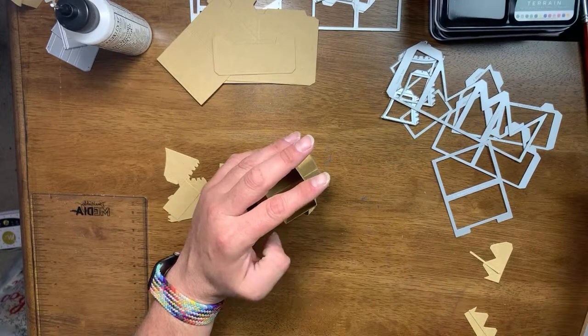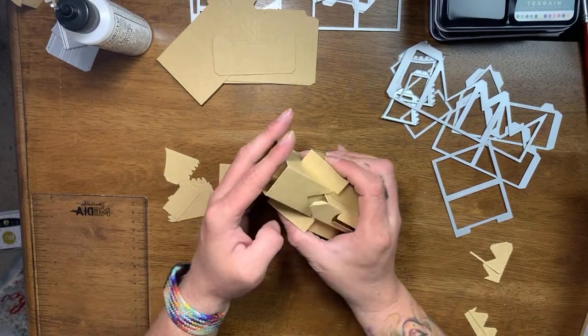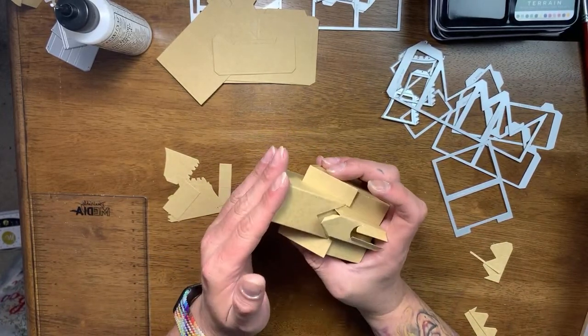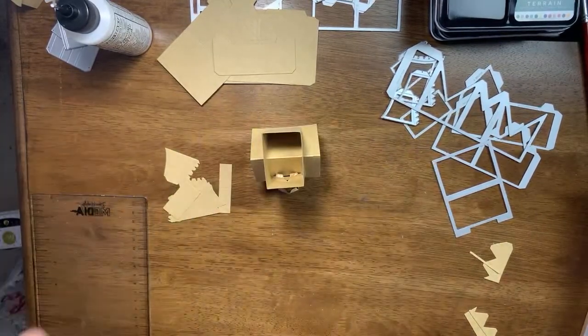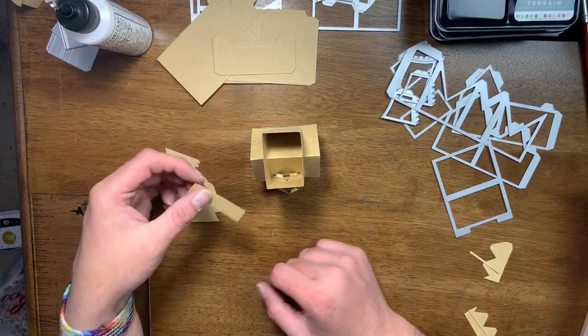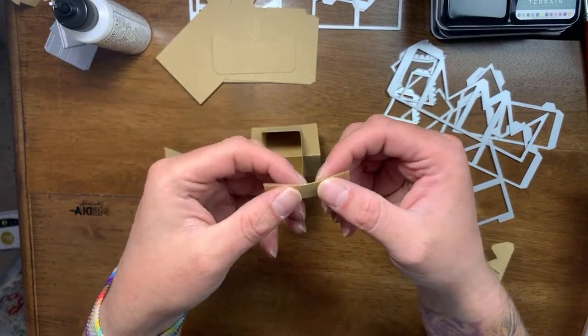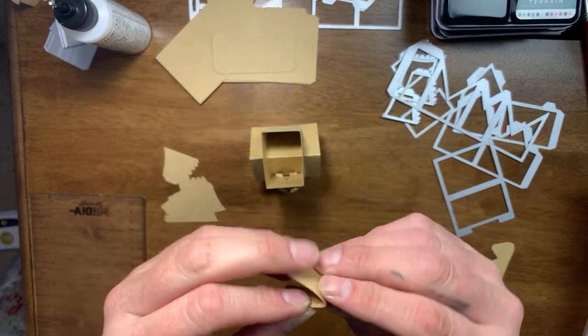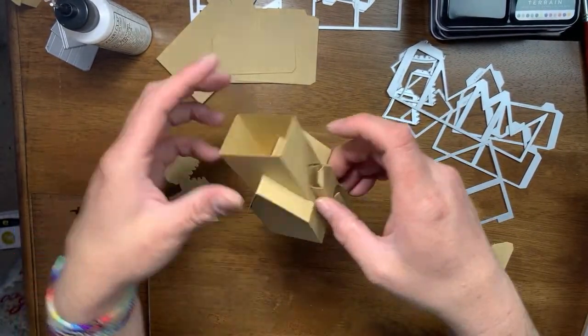So I'm just holding this down right now, so the glue sticks, you guys. That's really the whole purpose of what I got going on here. Okay, so now that's that part. And then this little piece for the entryway, you see how it's scored in the middle? We just are gonna fold that in half, because now that we have this piece on there,